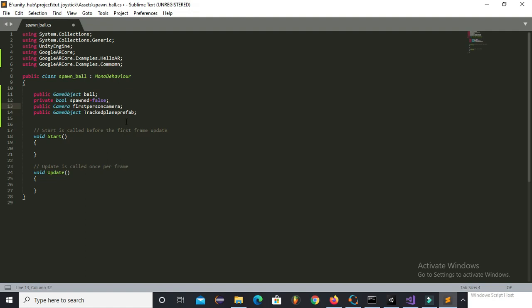This is the prefab which will help us to visualize the detected plane.